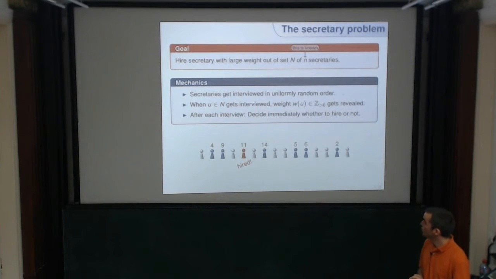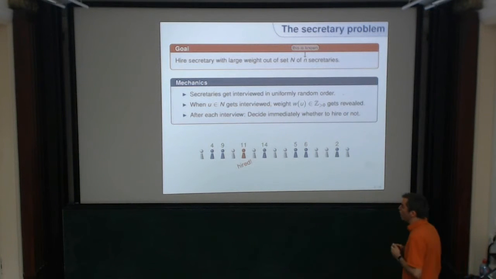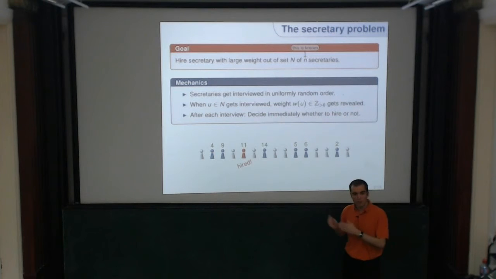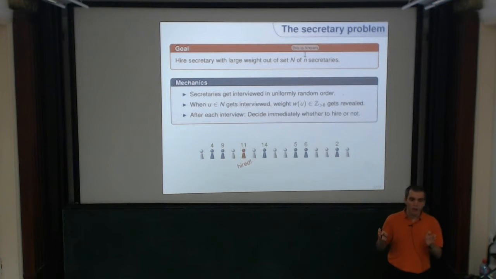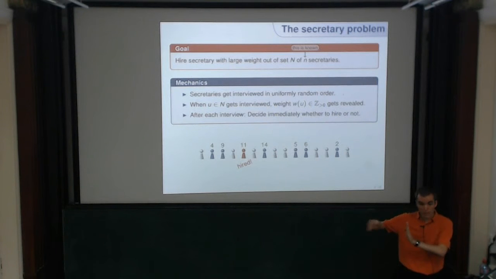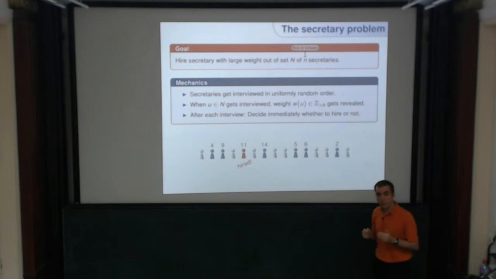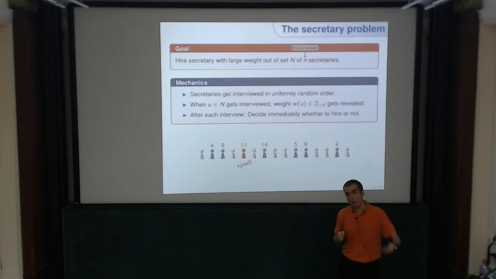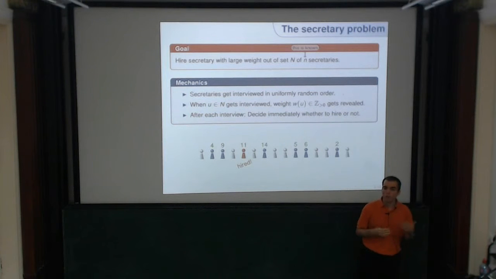In the original form, people cared about trying to hire the one of highest weight, and getting a constant probability to hire the one of highest weight. This is not so hard to get if you think about it. You can just observe half of the secretaries without hiring anyone. And then in the second half, you take the first one that's better than the best one you saw so far. If you do that, then you will always succeed if the second best one is in the first half and the best one is in the second half. So you have a success probability of a quarter. And you can actually push that to 1 over e, which is the asymptotically optimal value for that problem.